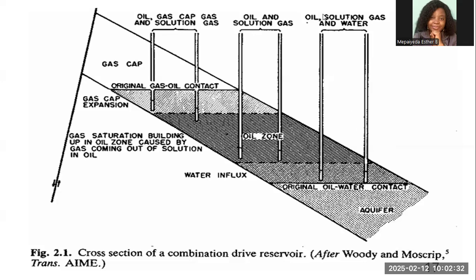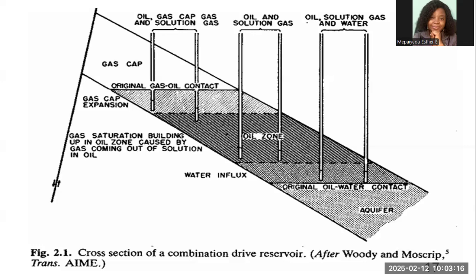And here you have your oil, you have the solution gas, and you have the energy from the aquifer driving these two wells. Energy from the aquifer. As production occurs, what happens? This aquifer responds. It responds by sending influx of water to replace the oil, which is located in the microscopic pores within the reservoir. So as the oil is produced from the microscopic pores, the pores are left empty. So there's a drop in pressure. What happens? Your aquifer responds by influx of water into the pores of that reservoir,